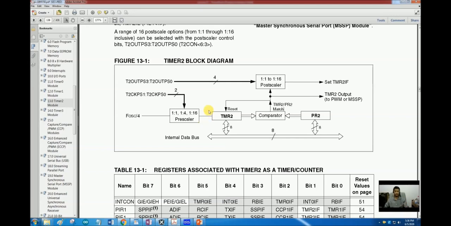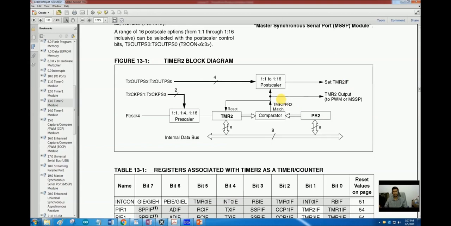And now coming to the post scaler, consider this block is here. As soon as these two values are equal, the comparator block generates a signal, that is the TMR2 PR2 match signal. That is an internal signal that is not present in the form of any flag, and is not available to the user to read, but that signal is sent to the post scaler block. So if the post scaler was 1, as soon as this signal was received, the timer 2 overflow flag TMR2IF will be set to 1.